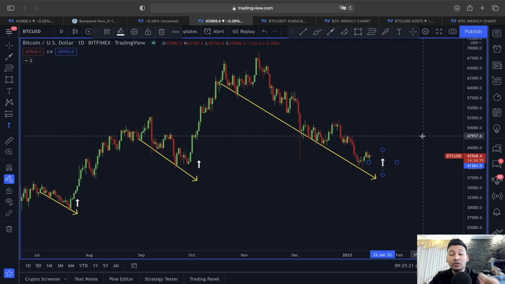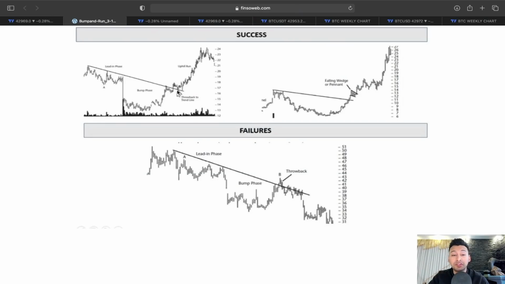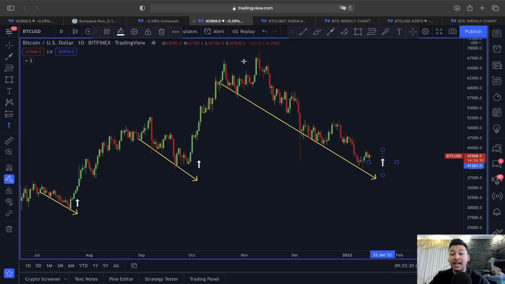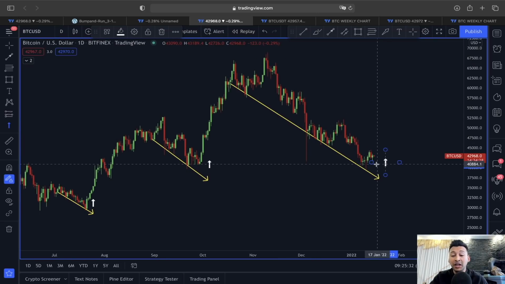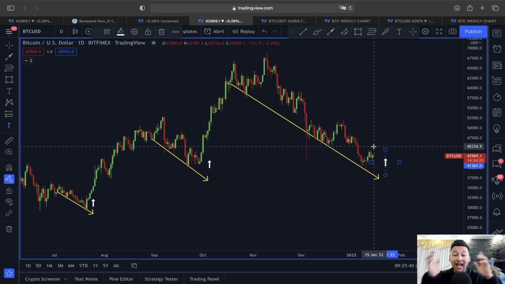So that is the reason why I'm showing you this with the bump and run reversal. If this is a successful bump and run reversal, then this falling trend line support must hold the price, and that will also indicate that maybe the price of Bitcoin has bottomed out around this 40,000 range and we could be starting a new impulsive movement from here on, because I have shown you with so many different examples why 40,000 could be a very strong support line for Bitcoin. And this is also a line we don't want the price of Bitcoin to break at any cost.